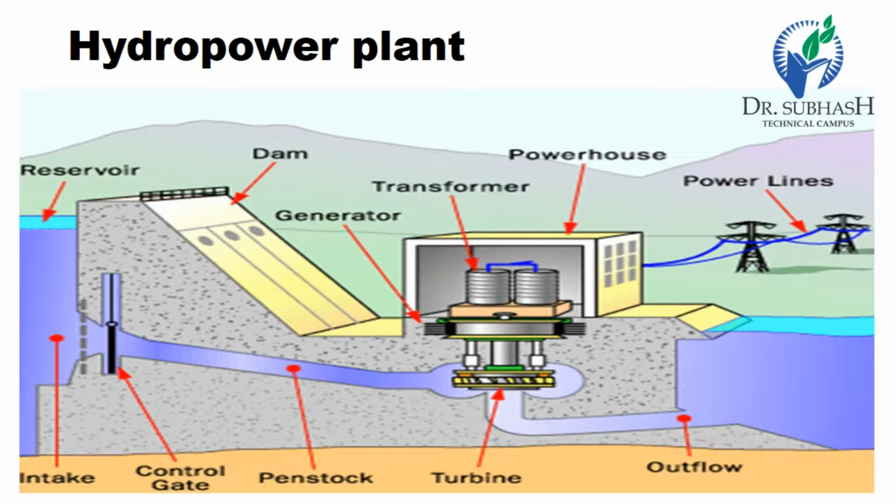Some disadvantages of a hydropower plant are: it involves high capital cost due to the construction of the dam. There is uncertainty about the availability of a huge amount of water due to dependence on weather conditions. Skilled and experienced hands are required to build the plant. It requires high cost of transmission lines as the plant is located in hilly areas which are quite far away from the consumer.